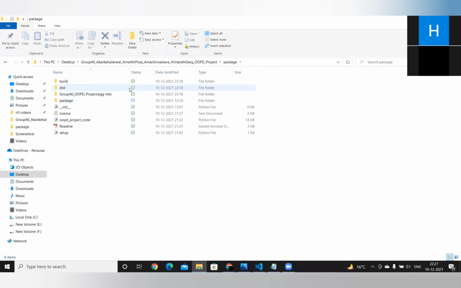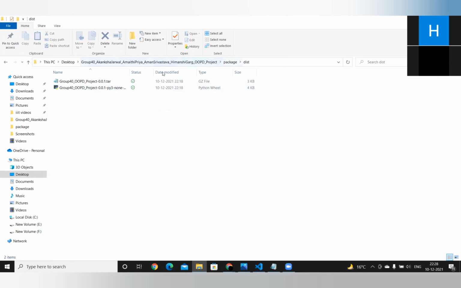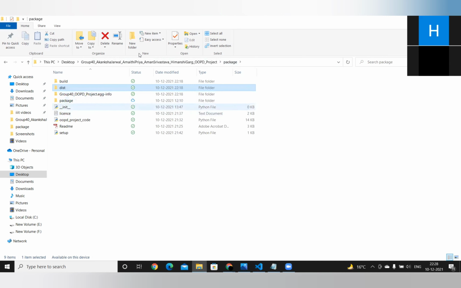So here it is, our UML class diagram, in which we have created some classes. DB connection is a class which has some attributes and some methods.